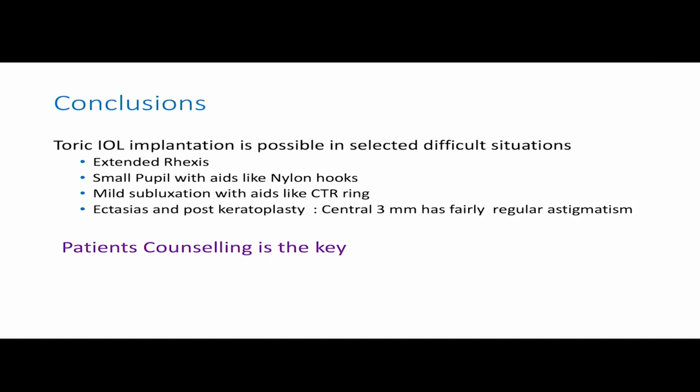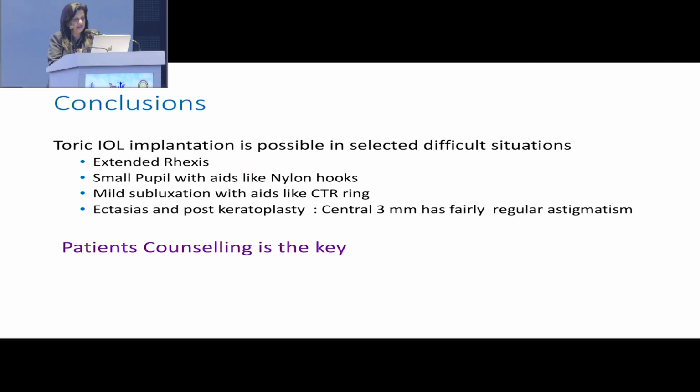So to conclude, toric IOL implantation is possible in selected difficult situations like extended RHEXIS, small pupil with aids like nylon hooks, mild subluxation with aids like CTR, and ectasias, and even post-keratoplasty, but the central 3 mm should have a fairly regular astigmatism. And of course, patient counseling is the key, because sometimes you may not be able to